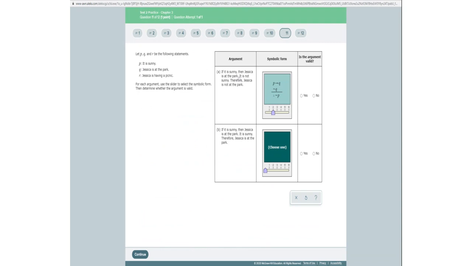But that's a not Q. This one says it is not sunny, so that's not P. It's not that one because the second premise is just a negation. So I think this is it. If it is sunny, no, that's an if-then. This is if-then, that's an or. It can't be this one because the if P then Q